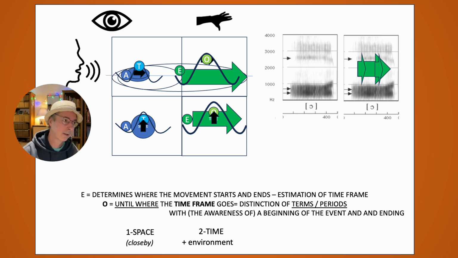Because I hear it, there's a kind of alertness, that you see that something is there, and this something is not on a space, it's more there as an event. Something happened. So you have a time frame. So that's what you do. You make terms, you make a period, you have an awareness that an event occurred, and it fits into a time frame. That's what the letter O makes as an alert.